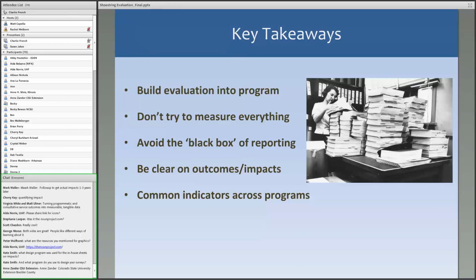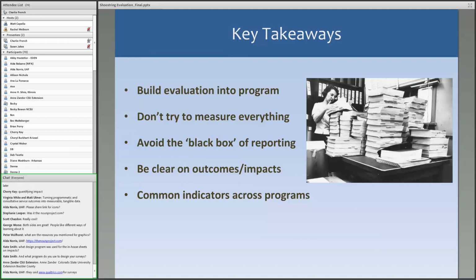And the last thing I should probably add in here: we want to be authentic about this. I should note that we just hired a program development and evaluation specialist who I notice is actually on this call here. I can no longer call our evaluation Shoestring evaluation, because we indeed have someone who's going to help us through this process. It took us a while to get here, and we're very thankful that now we have someone. It doesn't mean that we don't have work cut out for us, because this person's not going to do our evaluation for us. He's going to help us all do evaluation better. So with that, I think that about wraps it up for what we wanted to present.